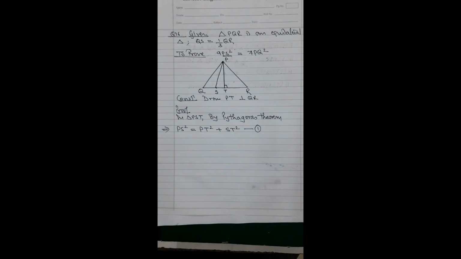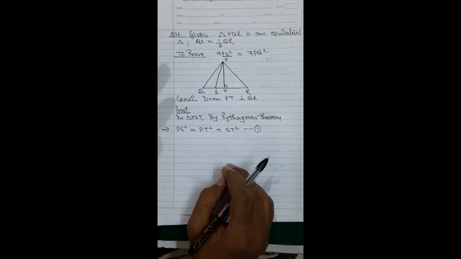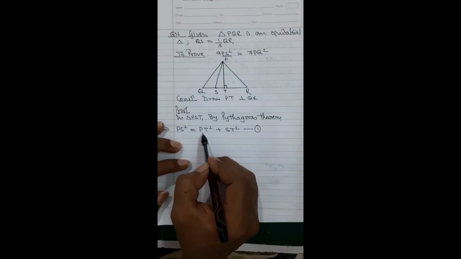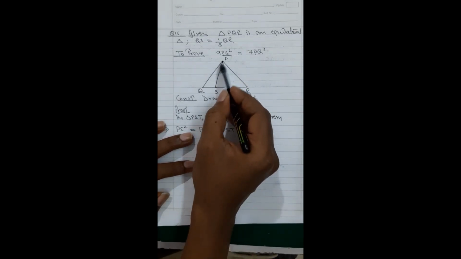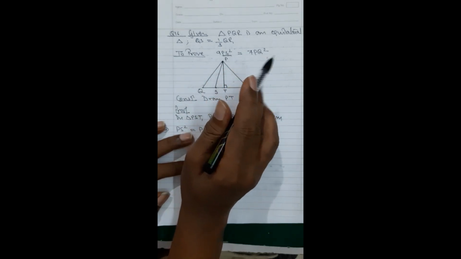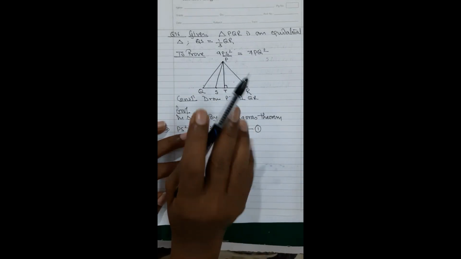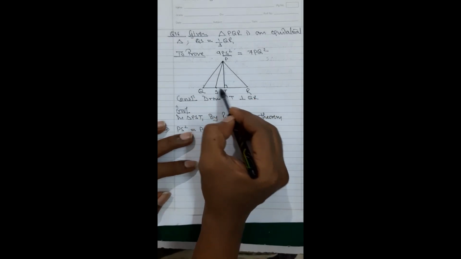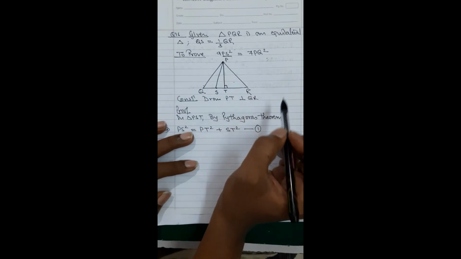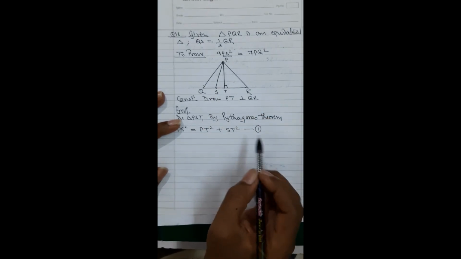Now, as I told you, you have to get rid of things on the right. Once your left hand side is framed, PS square is equal to, fine. Now you have to get rid of each and everything. Do you require PT square? No, you want PQ square. You want ST square? No, you want PQ square. Basically, you want PQ, meaning the side of an equilateral triangle. You have to convert everything to the side of the equilateral triangle. You can convert everything to QR or you can convert everything to PR, whatever it is. But because it's an equilateral triangle, PQ is equal to QR is equal to PR. So PT should be converted to PQ. That can be easily done. See what you have to do now.